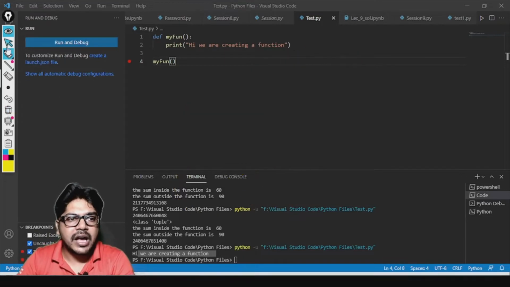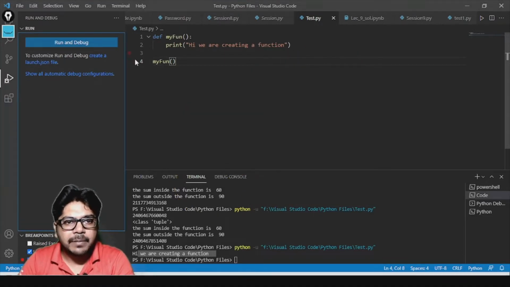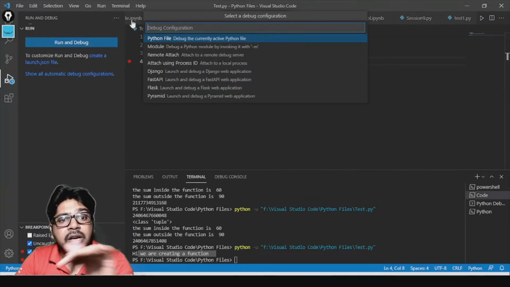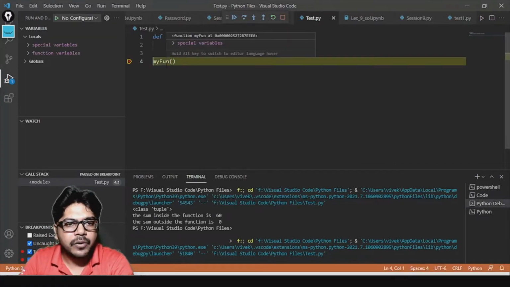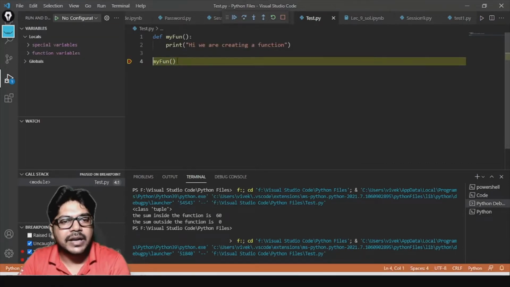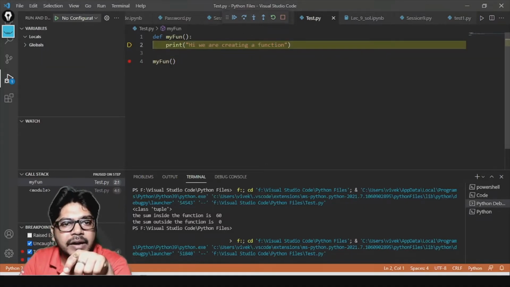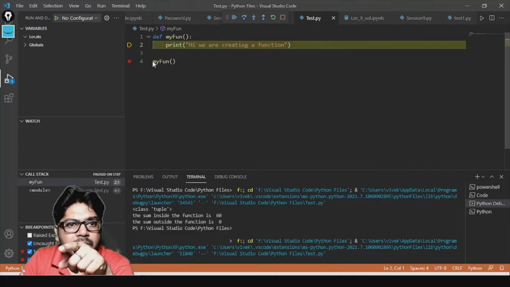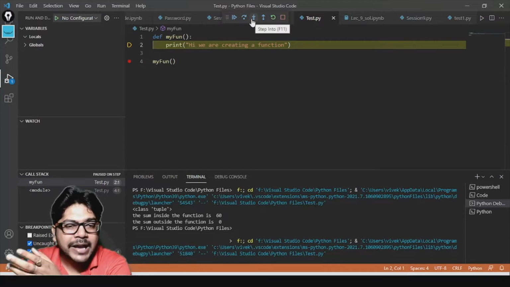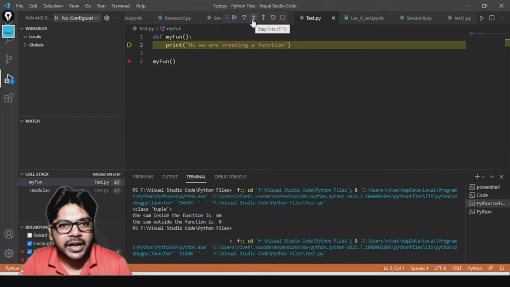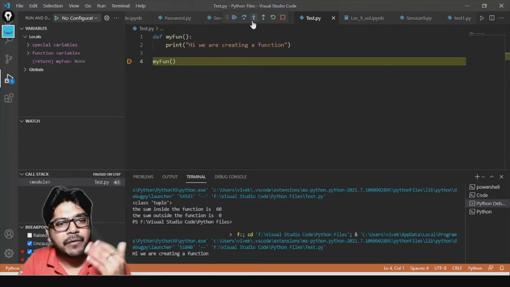Now let's understand how the compiler is working. Here the Python interpreter will not directly go into the function. It will come to this particular line first, line number 4, because this is where the main program basically starts. And from here it will go to the function where we have defined. So now you see from line number 4 it jumped to line number 2, and this is called overhead basically. This is the overhead part we were talking about in the advantages of function. So a Python function call is always an overhead, okay? And now it will come back to that particular line from where it was called.